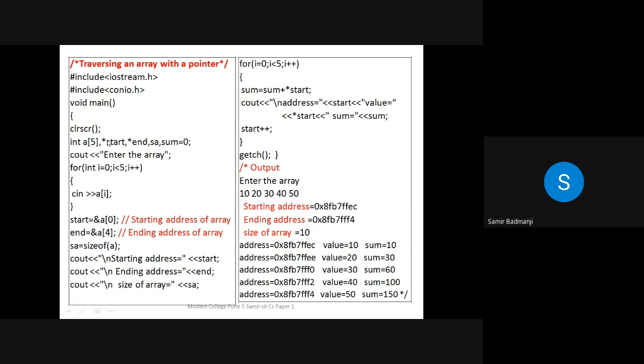To declare a pointer, you just have to write star in front of it and it will be declared as a pointer. It depends upon the data type also. Suppose you want to declare an integer pointer, then with int you have to write star. If you want to declare a float pointer, then for float you have to declare that pointer. Now this is an integer pointer, start and end. So we have written star in front of the variable name. So start and end are pointers. They are not normal variables. Normal variables store values, whereas pointer variables store the address of any variable.